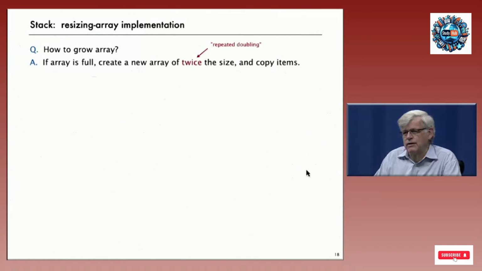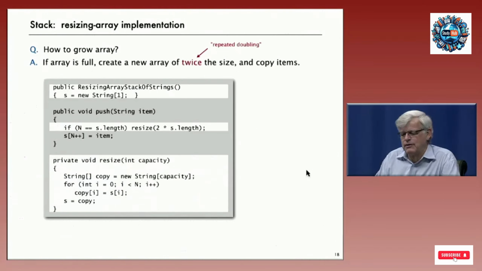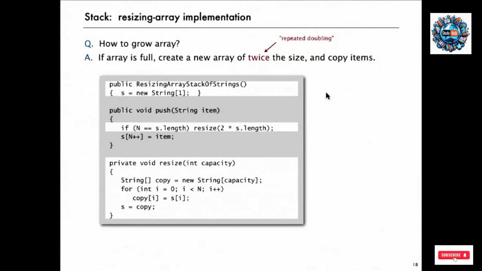So the well-known technique for doing that, called repeated doubling, is to, when the array fills up, create a new array of twice the size and copy all the items over. Then we don't create new arrays all that often. So here's an implementation of that. We start with an array of size 1. If we have a full stack, which we know by testing n, the number of items in the stack, versus the array length, then we just resize the array into one of twice the length before inserting the